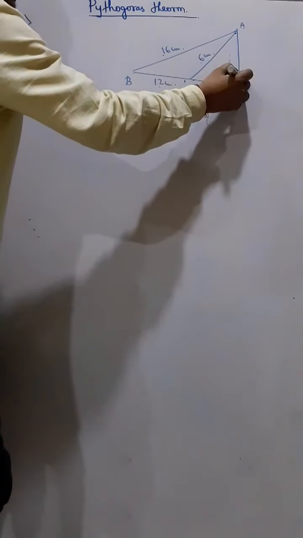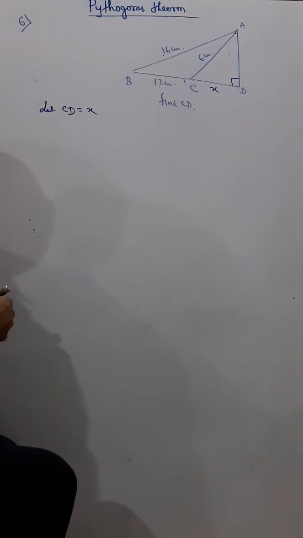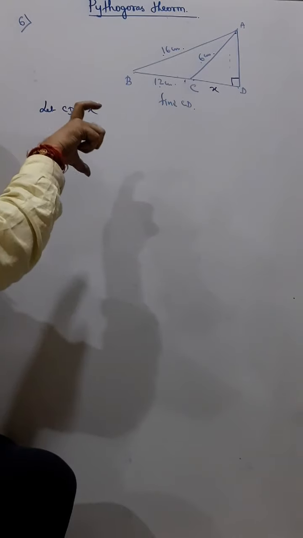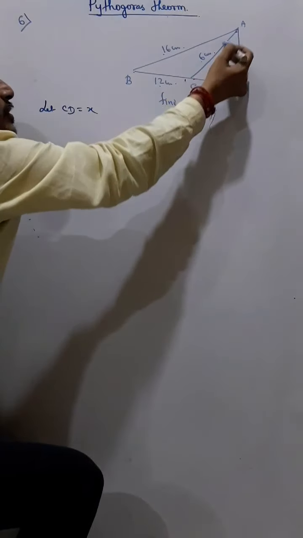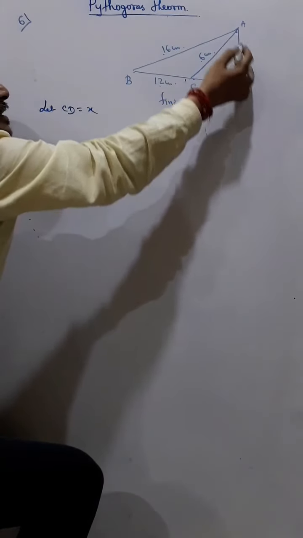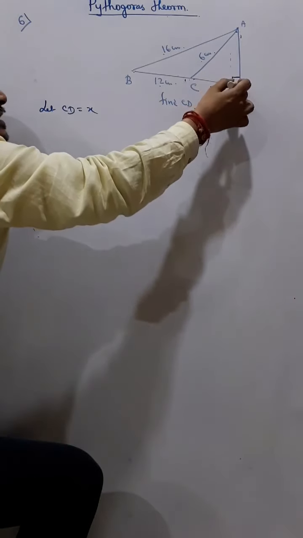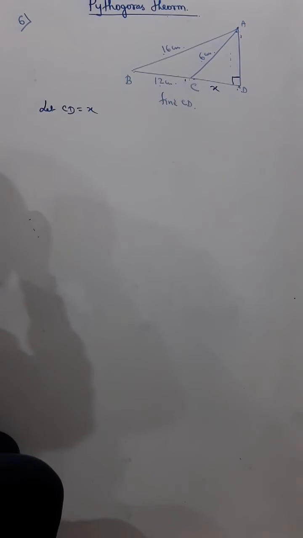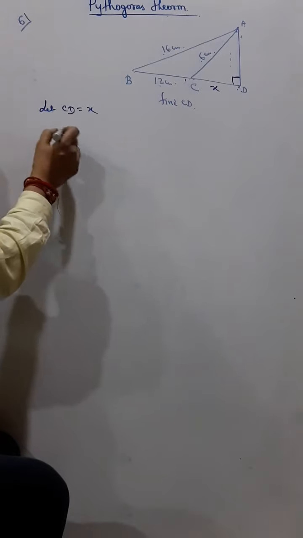Now we can see, in fact, we have two right angle triangles here, and in these two right angle triangles the side AD is common in both. If you see the smaller triangle ACD, you can see there is AD, and if you use triangle ABD, there also you will get AD. So this is the concept we will use. In both triangles we will get the value of AD and we will just equate them, and then we can get the value of x.